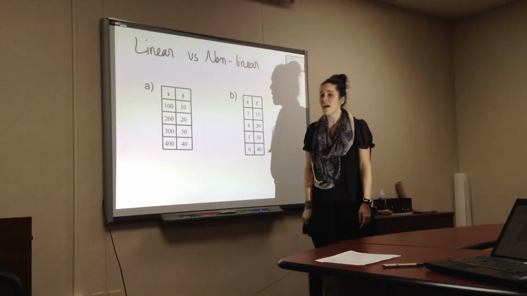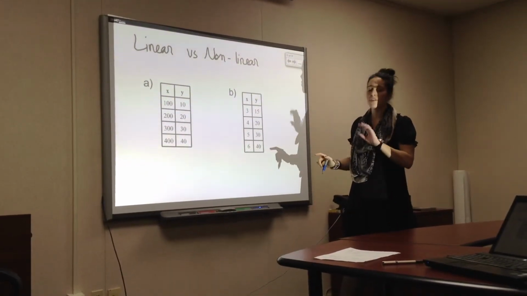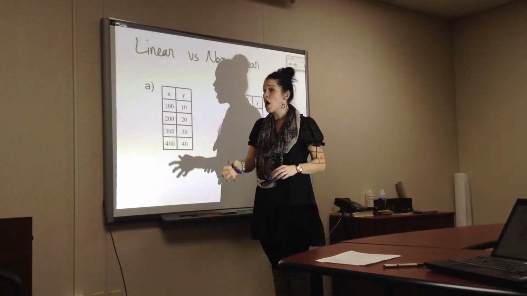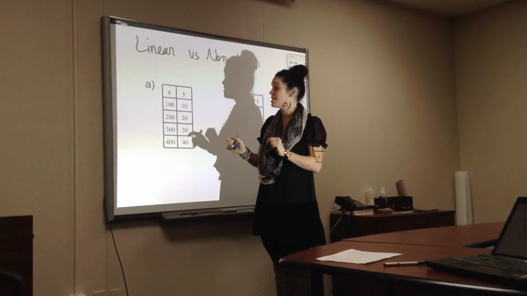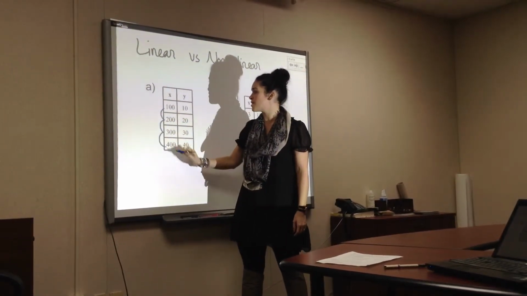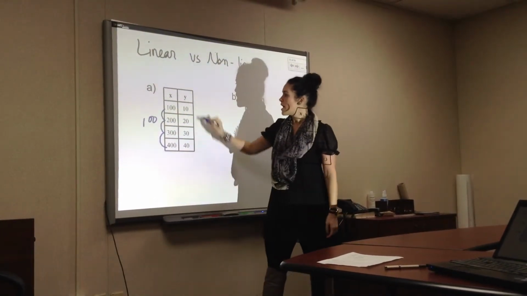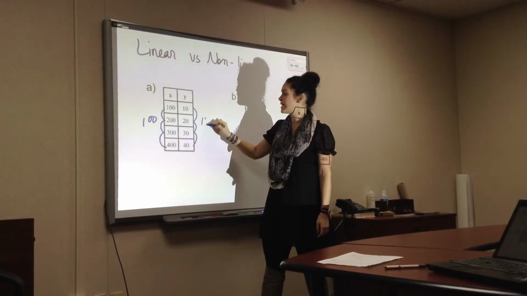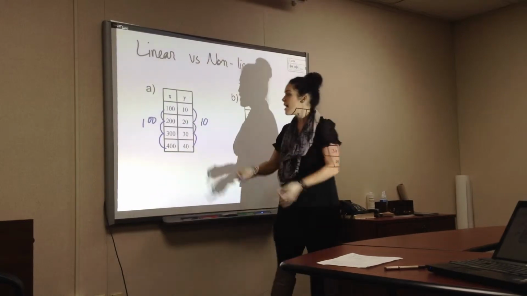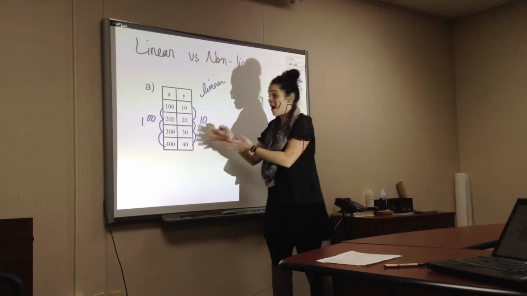When it comes to a table of values, you need to look and see if there's a pattern on both sides. The pattern does not have to be the same, but you need to make sure that within the same column, the x's and the y's, the pattern does need to be the same. So what I mean by that is, if you're looking at the pattern from one coordinate to the other in the x column here, they go up by 100. If you look on this one, they go up by 10. Again, the pattern is not the same, but what's important is that within the columns they are. And so this would be a linear relation,